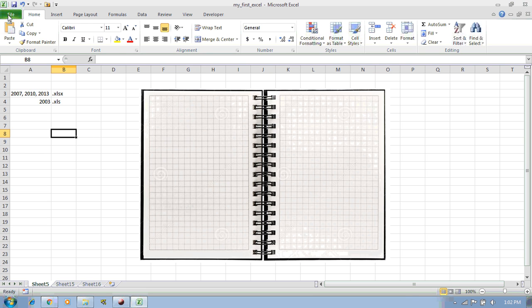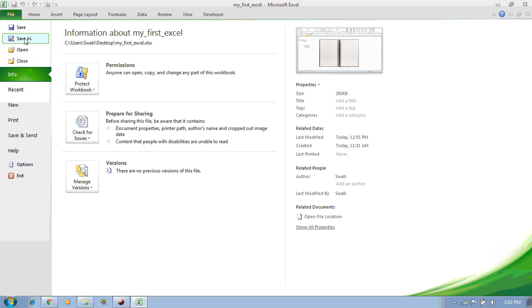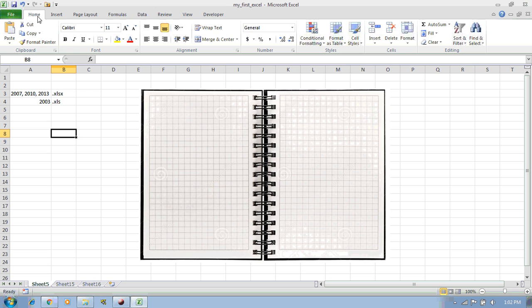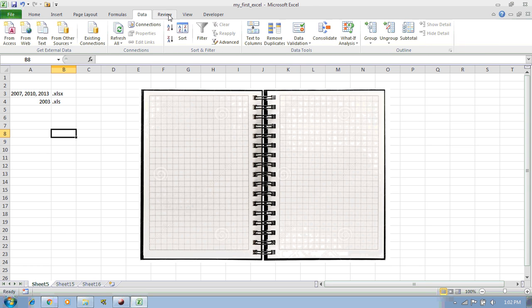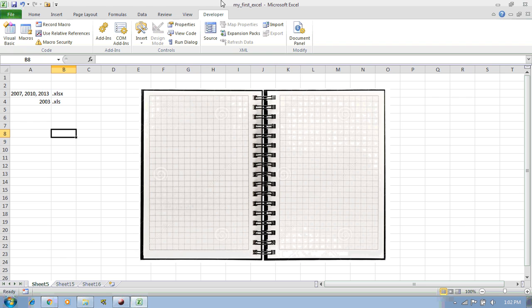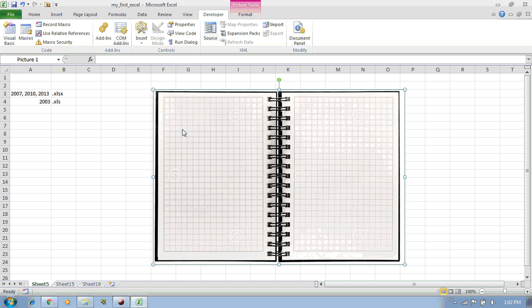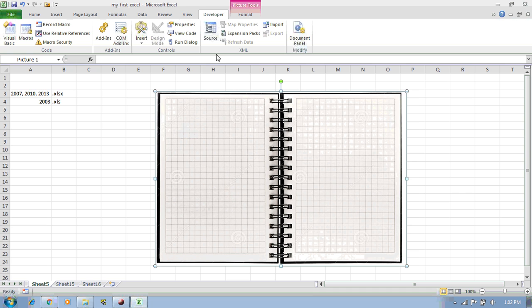So here you can see the file menu. We have some options of Excel which we will discuss later, and these are the ribbons which I'll tell you about later. And this is the developer tab which you cannot see by default. I have enabled this tab, so whenever you install Excel, you will not be able to see this developer tab. The developer tab is used by VBA programmers who write Excel VBA code.